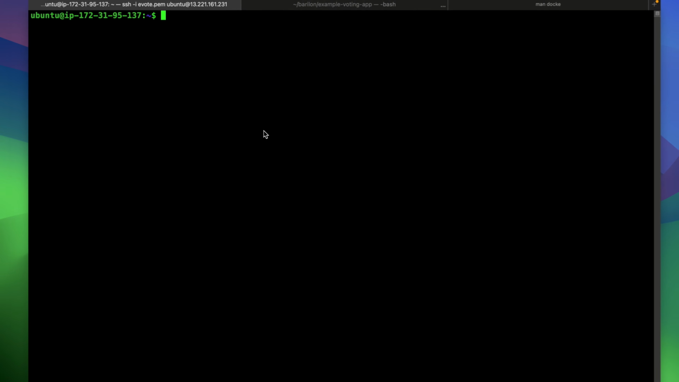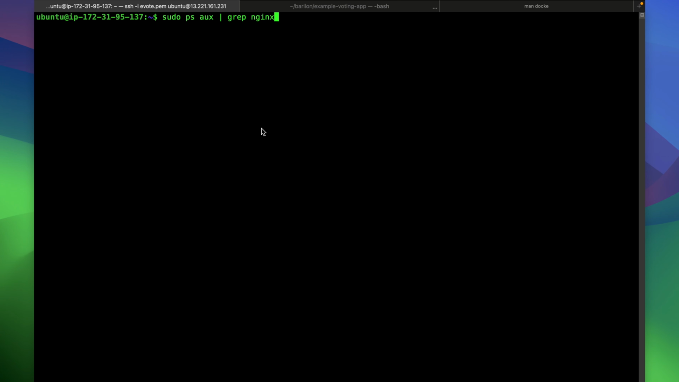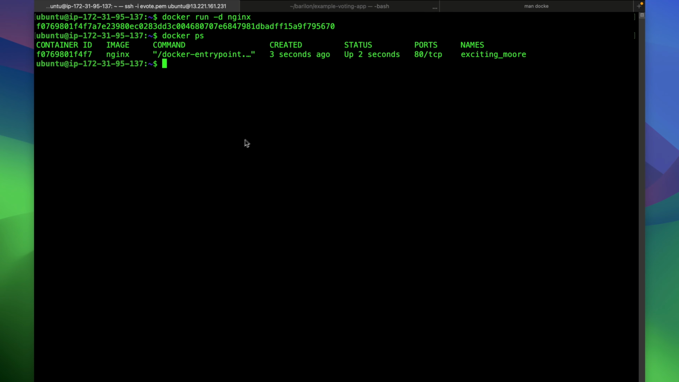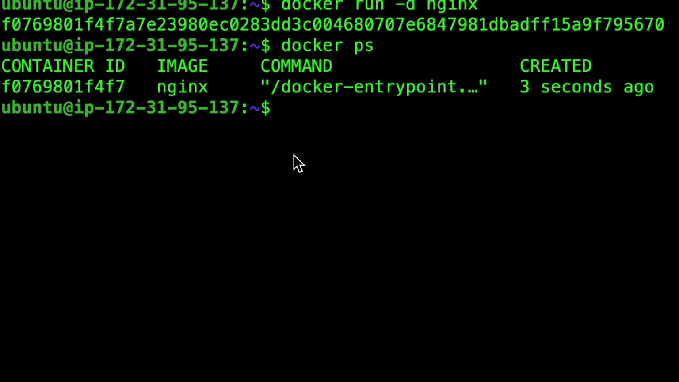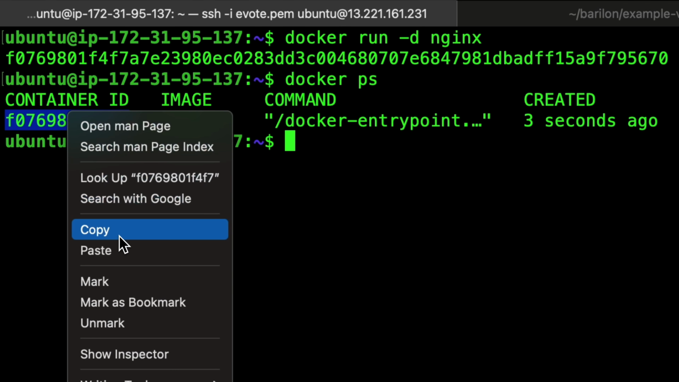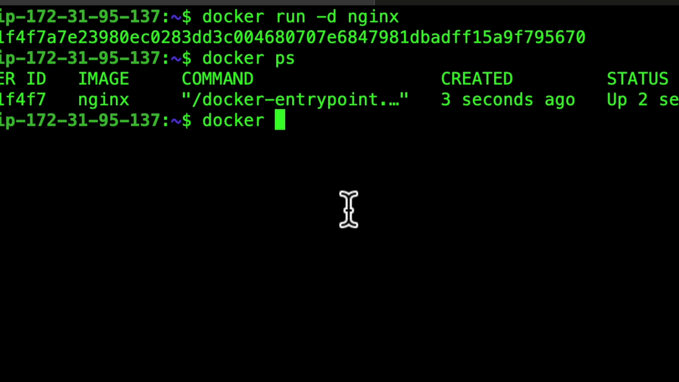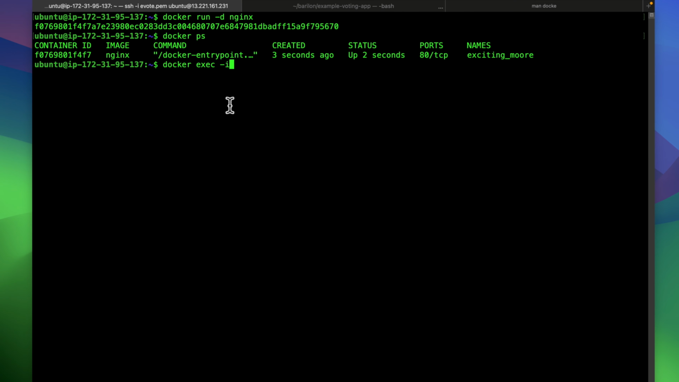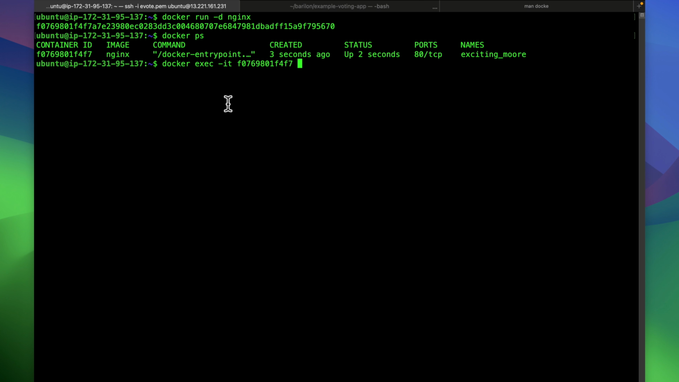Let's run our container again. So let's go back and run the container. If we run docker ps, we see that the container is running. Now, let's confirm something. If we exec into the container, if you do docker exec -it, followed by the container ID and bash to give us an interface,